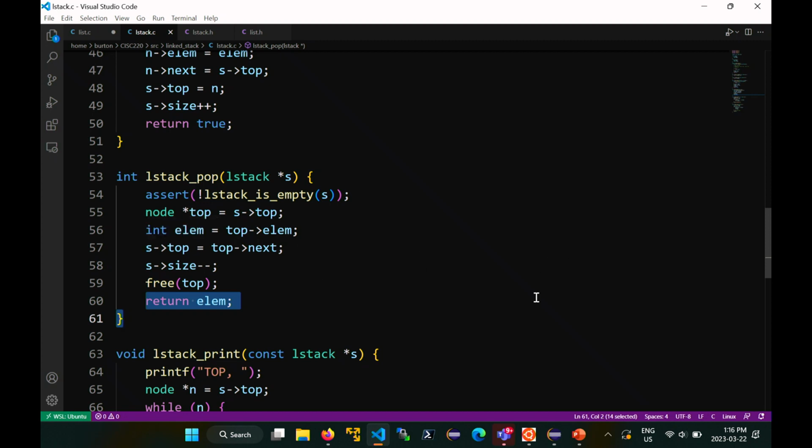I can now adjust the pointer to the top of the stack so it points at the next element. So top equals top next. Decrease the size of the stack by 1. And now,